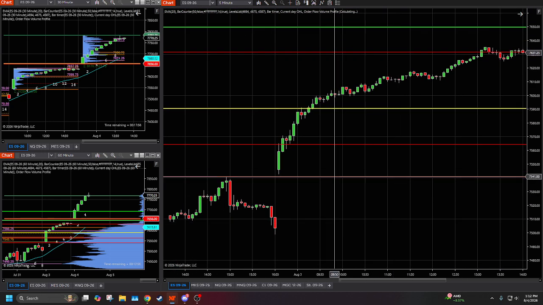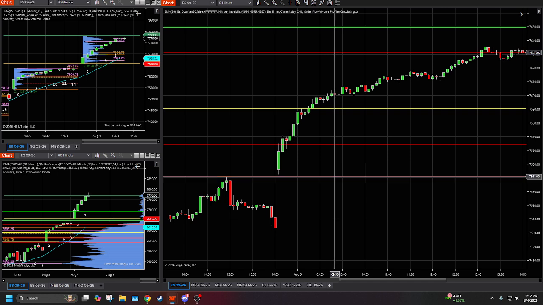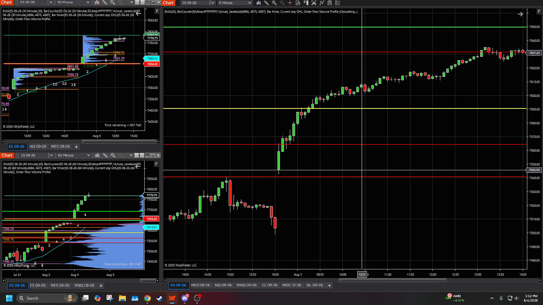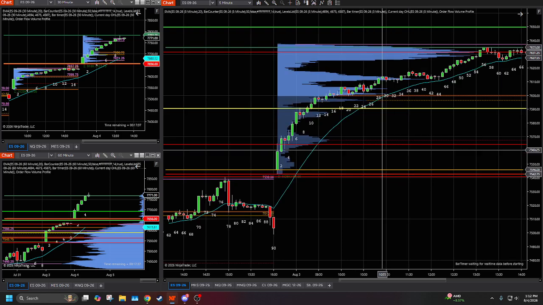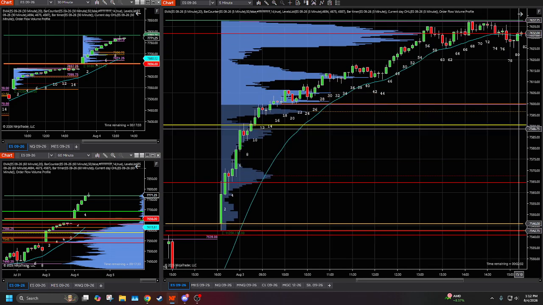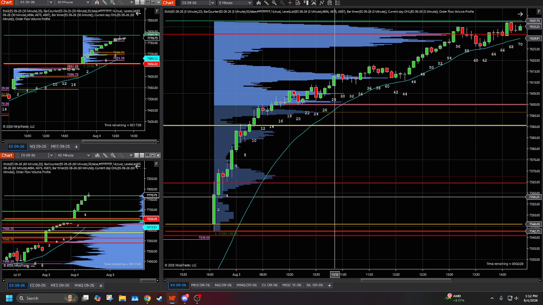So literally the 75.41 was Friday's close, and then the open was 75.46. We went as low as 75.42. So literally a point and a tick. That is the gap. Still a gap, no matter how small it is, as long as it doesn't touch, right? I'm going to put on these indicators again against this volume profile that I have on here with the 20-day expansion moving average. But anyway,